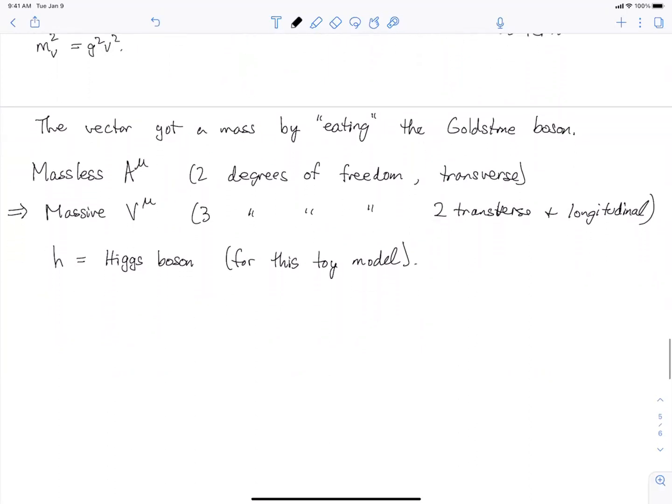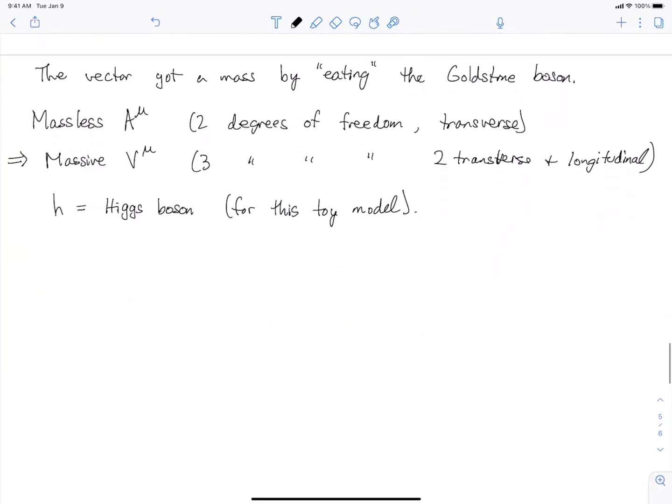All right, so yet another way of interpreting this in words. I mean, the equations don't lie. You can just sort of write down the Lagrangian and pick out what are the terms that are left over after you've done all this stuff. But another way of saying what's happened is that the Goldstone has been gauged away. Okay, there's different words. We can say it got eaten by the vector, or we can say it got gauged away. So recall